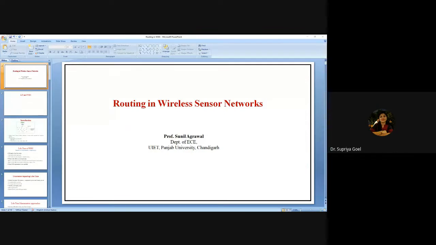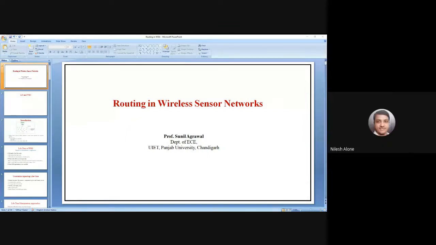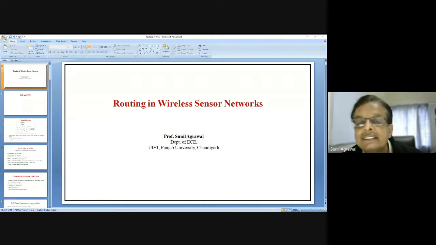Good morning, sir. This is Dr. Supriya. Actually, sir, in the IoT, all the nodes, or we can say the smart devices, are directly connected to the internet. But in the case of wireless sensor networks, sometimes they are connected to a central server, and then they connect to the internet. Okay, so we can say WSN can be thought of as a subset of IoT. Yes, sir. So one thing is this. Another thing conveyed by another participant is that,